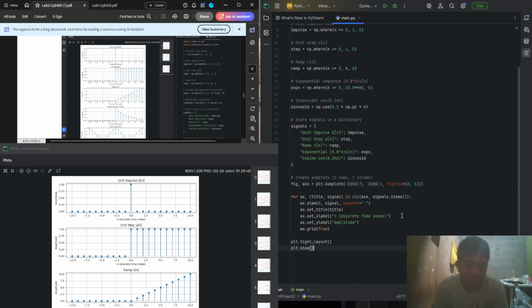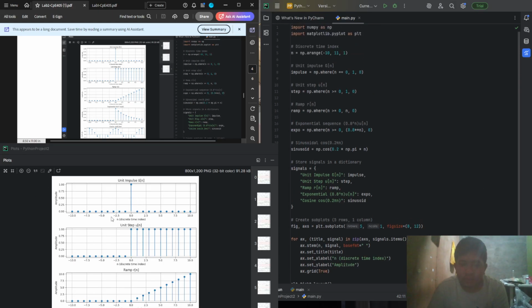And here you can see the graph, which is as we defined earlier. For the unit impulse, when n is equal to 0, the amplitude should be 1. In the unit step, when n is more than 0, the amplitude should be 1, else it should be 0.